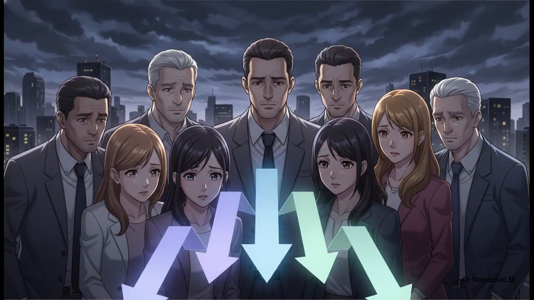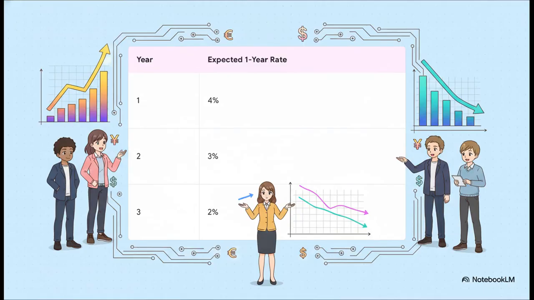And now for our final and definitely most talked about scenario. This is the one you always hear about on the news. This is what happens when the market starts to get nervous, when investors believe short-term interest rates are headed down, maybe signaling a recession is coming. So in this case, let's say the rate today is pretty high, maybe at 4%. But the market expects the central bank to start cutting rates to boost the economy. So they predict it'll be 3% next year, and then fall even further to 2% the year after that.